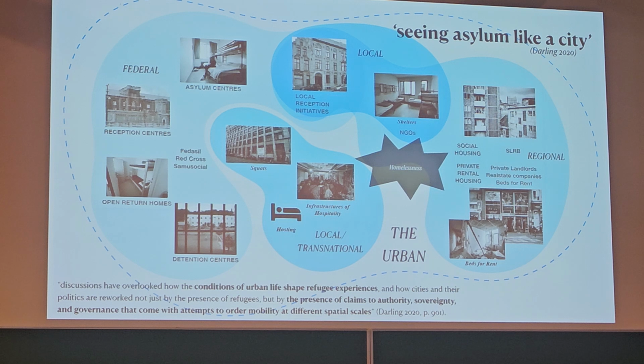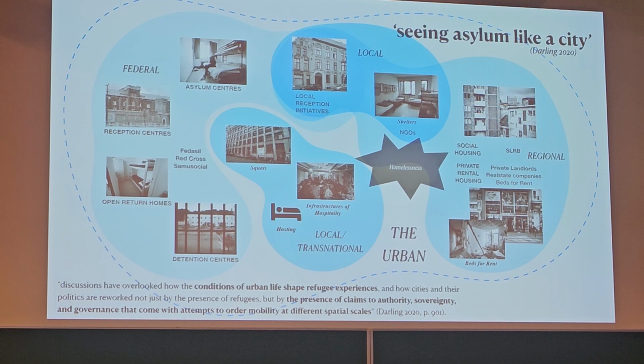And so for me, I follow what Darling argues or theorizes, this idea of seeing asylum like a city, which is kind of an iteration of what Amin and Thrift argue, this notion of seeing like a city as a way to transcend the national borders and the nation state, to go into the city context and see how these are influenced by the urban dynamics and the bordering practices in the city, in the case of seeing asylum like a city. So Darling argues that discussions have overlooked how the conditions of urban life shape refugee experiences,